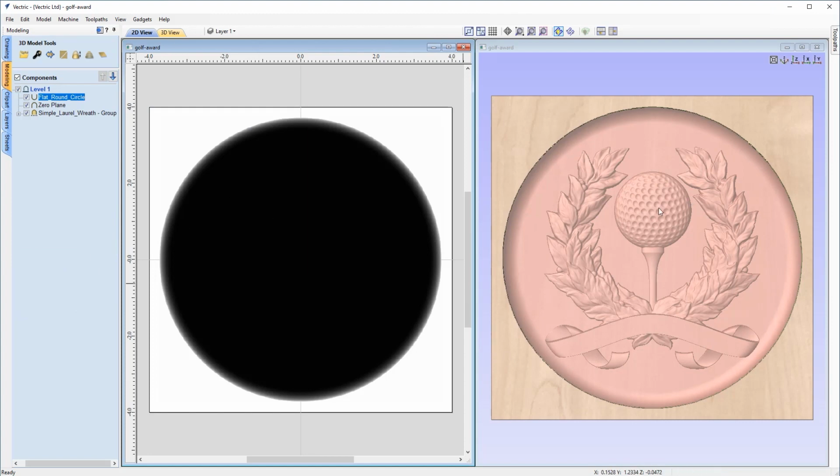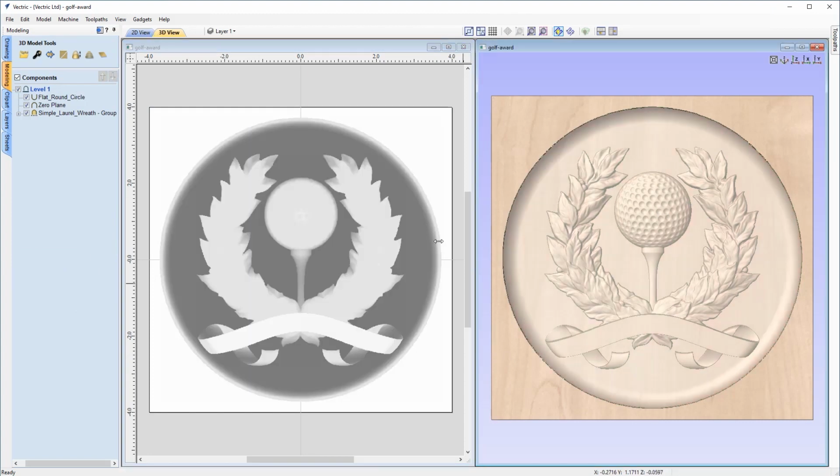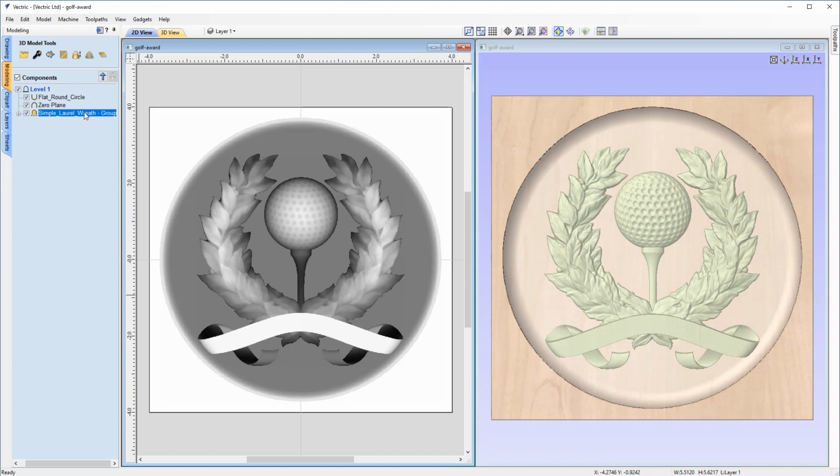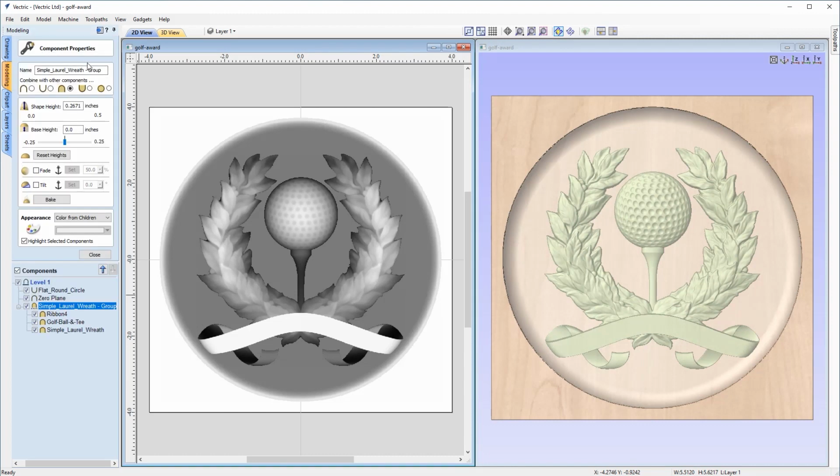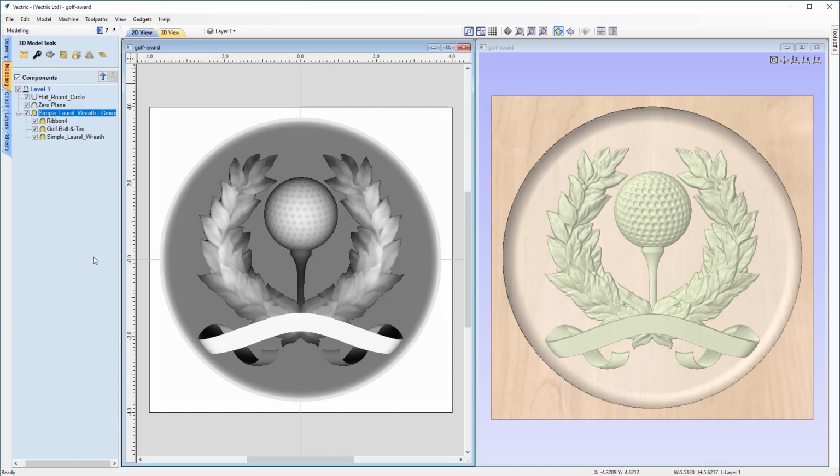And we can also take a look at the components as well. Just go back into the component properties for these as a group, and we can see that's at 0.2671 inches. And if we think about it, we're going to want the shape height of the components to be lower than the surface of the material, so we don't want it to be standing proud of the dish. So just slightly under, so we'll just leave a 0.02 allowance. So if we put that to 0.28, and then we can close out of the form